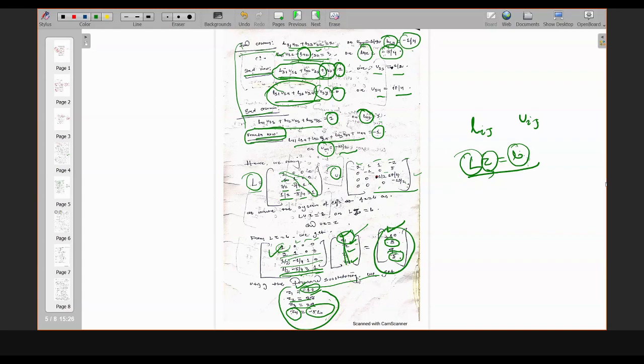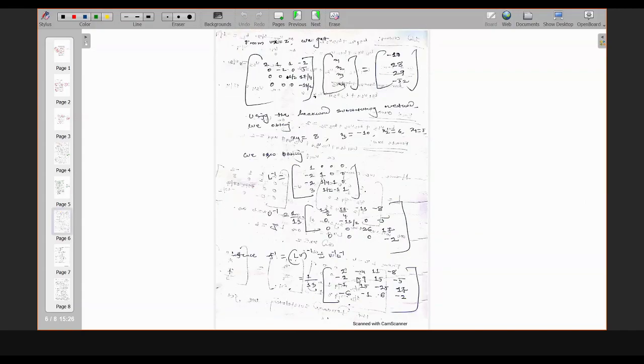In the next page, first you need to solve Lz equals b. Once z is known, then you can proceed to solve this system, Ux equals z. Okay, U is known, z is known, then you can find x. So this is your x: x1, x2, x3, x4, and z is what we computed in the previous steps. Since this is an upper triangular system, you can use the backward substitution method to find the values for x4, x3, x2, and x1.